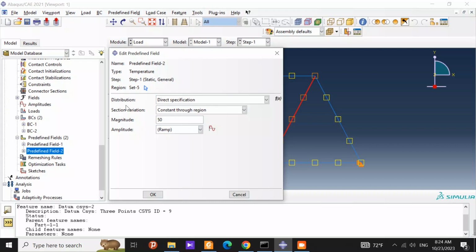And moreover, for distribution in the context of FEA, the direct specification choice for temperature distribution typically means that you are directly specifying the temperature values at specific locations or nodes within your model, rather than using a function or gradient to determine the temperatures. Okay, we can go furthermore,